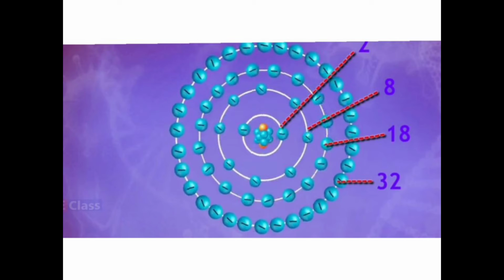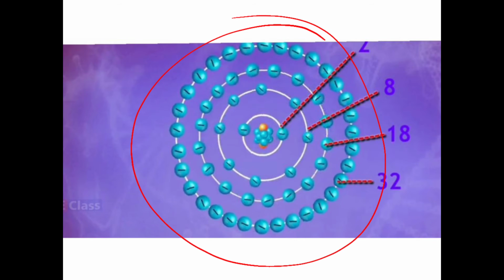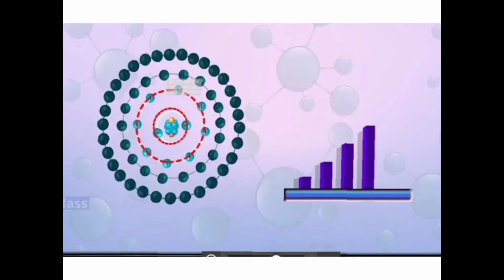So here you can see exactly how it will be. Maximum capacity: first shell 2, second shell 8, third shell 18, fourth shell 32. So like that the electrons can be there at maximum. So let us now understand, children, how exactly things take place. You can have the table which is given on page number 33 in front of you.